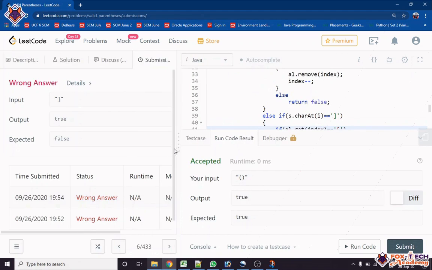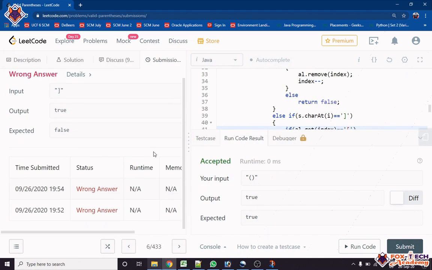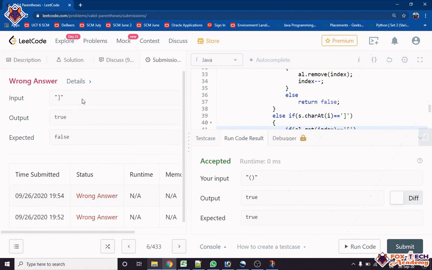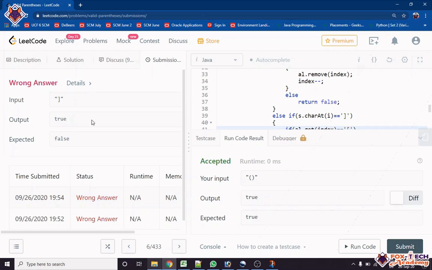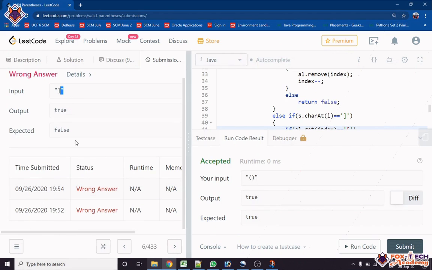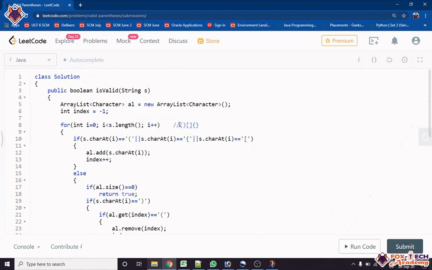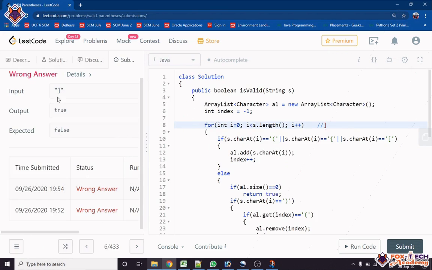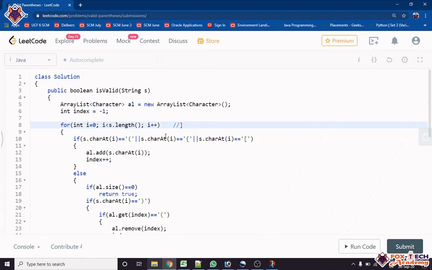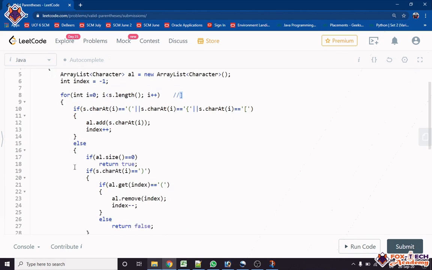Judging again wrong. Okay. Why is this time its output true? Why? If they have only one circumstance, right? So suppose we have only this one. What is it saying? Okay, let's see. Output this one. So what is this? We will go inside it. Okay, we will check this one. No, it will not come. It will come inside. And if it checks l.size is equal to 0, yeah, it returns false.